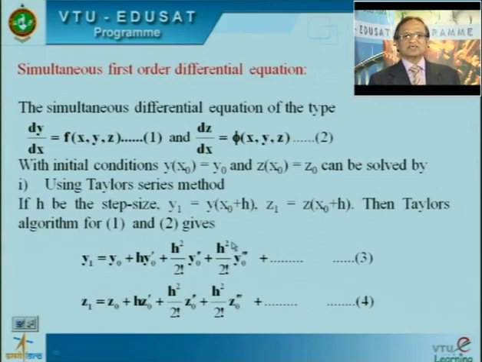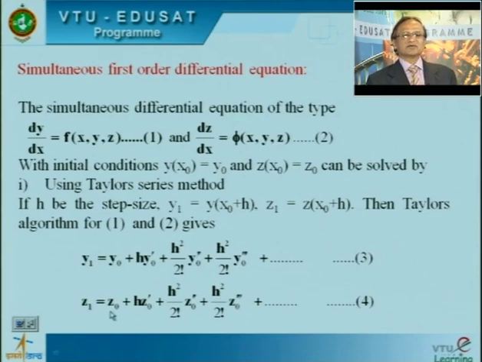Similarly, plus h cube by 3 factorial y triple prime. It means you want to differentiate the given function three times and replace x by x naught. Sorry, there is a small correction: it should be h square by 2 factorial, h cube by 3 factorial, and the next term is h to the power 4 by 4 factorial. So it is square, cube, fourth power and so on; the power of h goes on increasing. Exactly in the similar way,